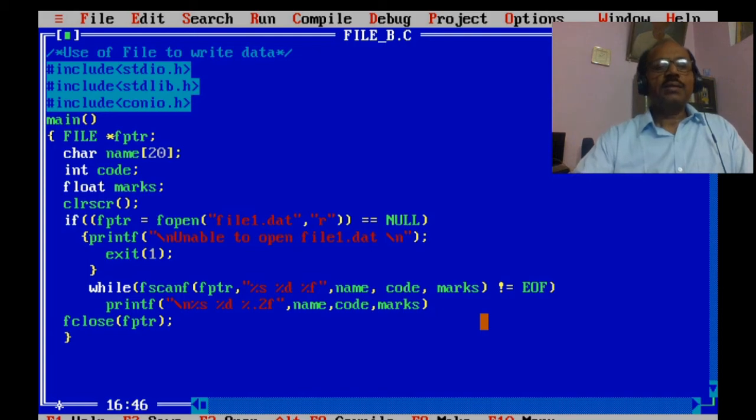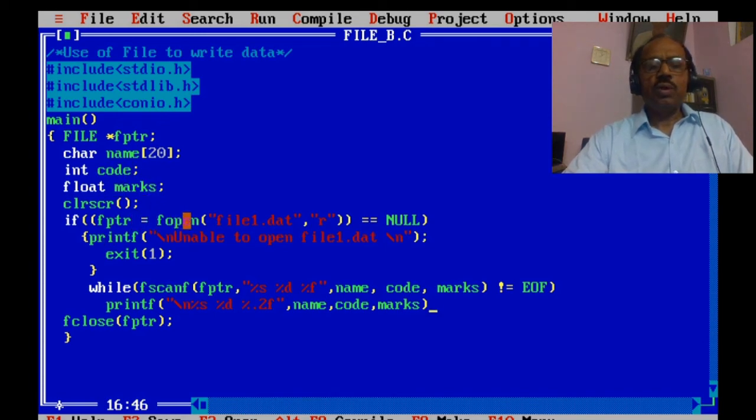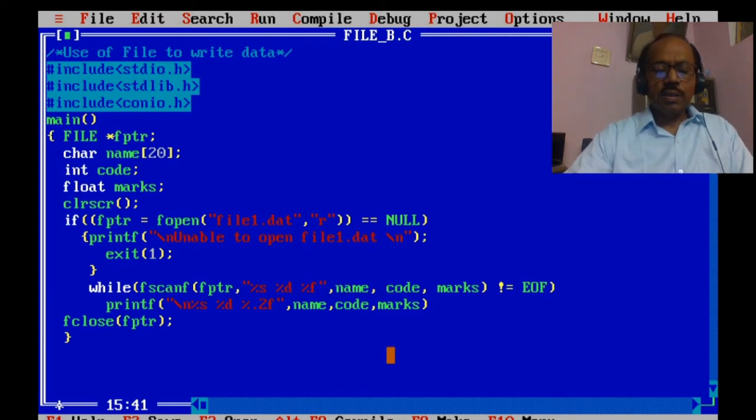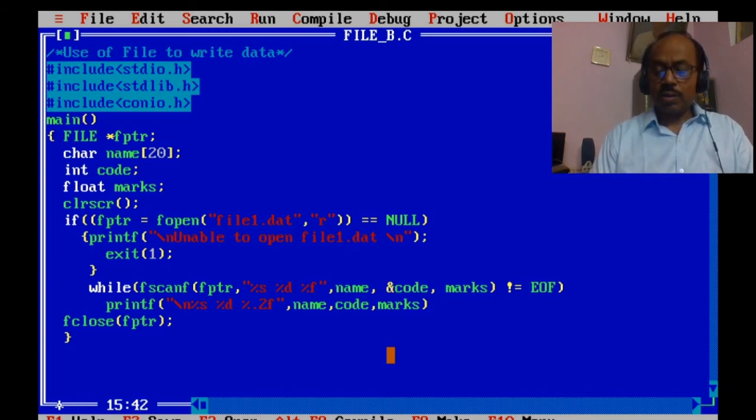So let's check the program prior to saving it. This is the file pointer, the variable for name, the variable for code, the variable for marks. It is the way to open the file. It is a precautionary measure. It is a statement to read data. Here the ampersand is required for code and marks also.